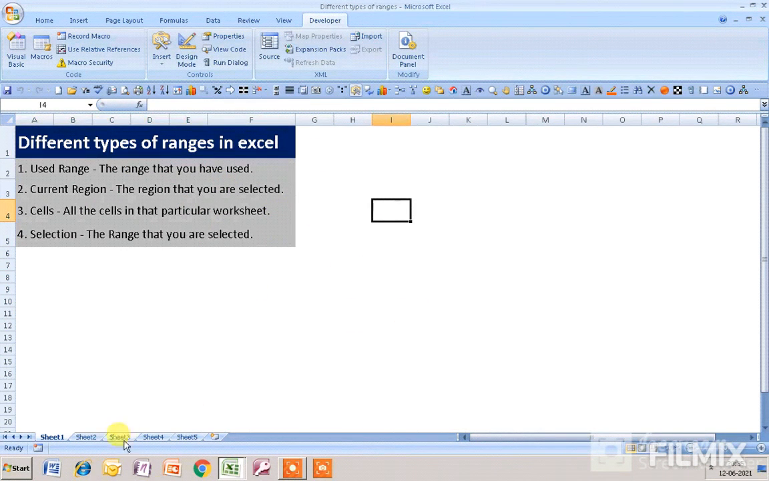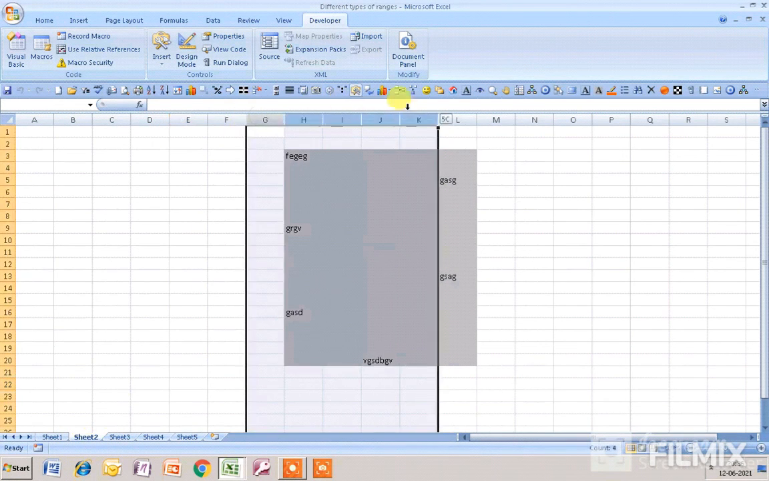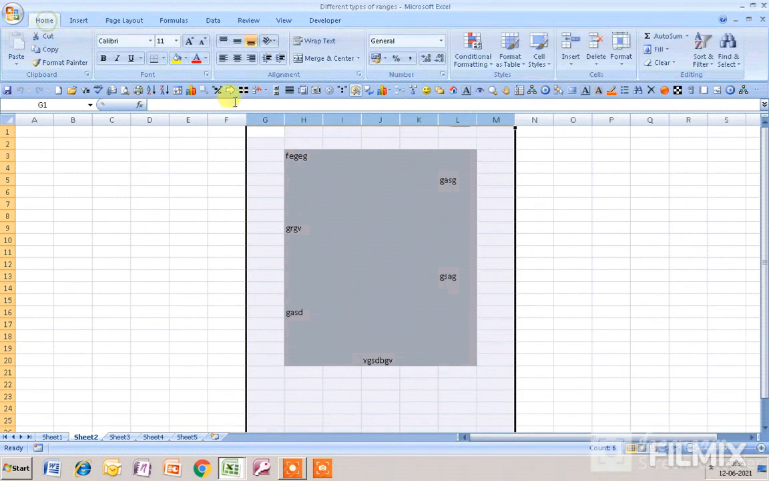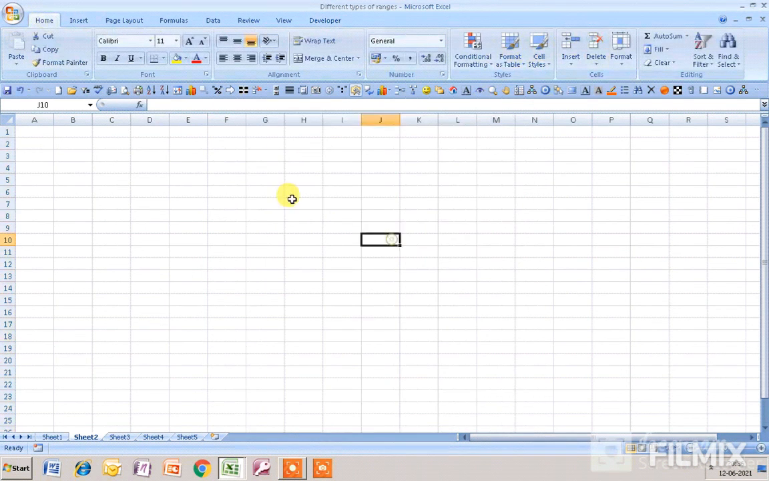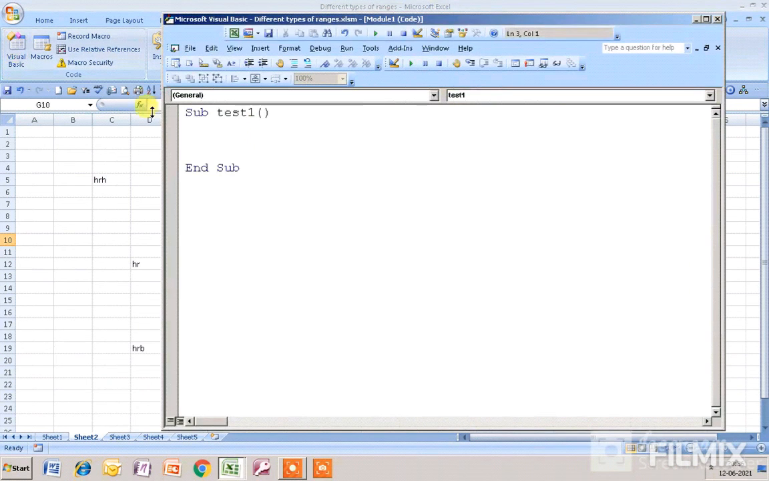Suppose I am going to sheet 2. I have already used these particular cells. Suppose I delete this. Okay, I delete these cells. Now if I type something in this particular cell, I type something in these cells. Okay. Now what happens? Suppose I have used these particular cells. Now if I go to the Developer tab and Visual Basic,